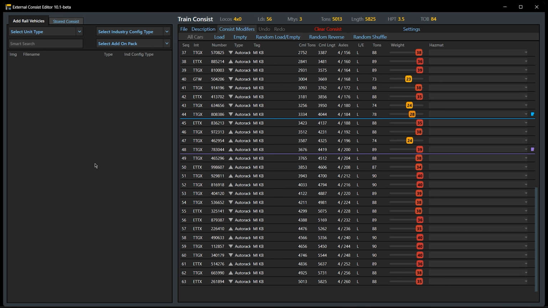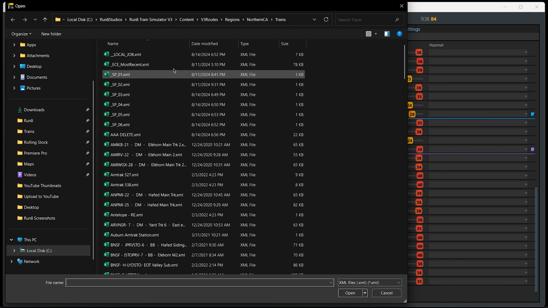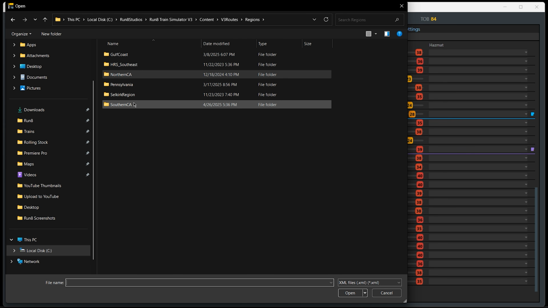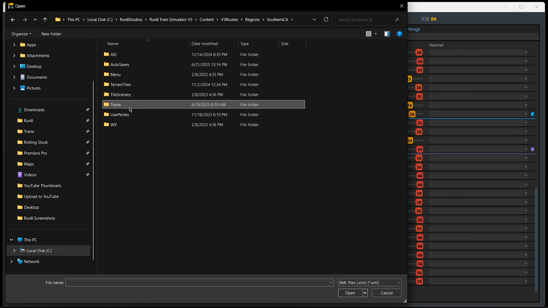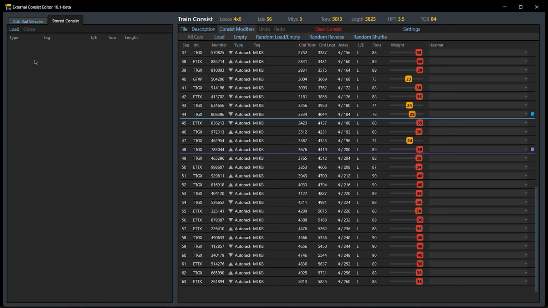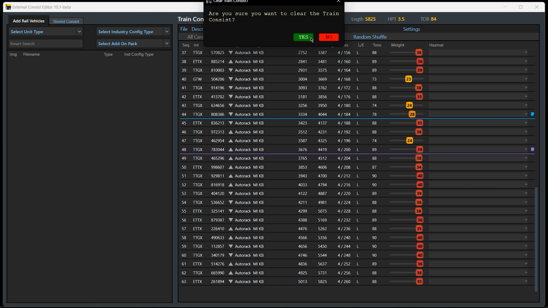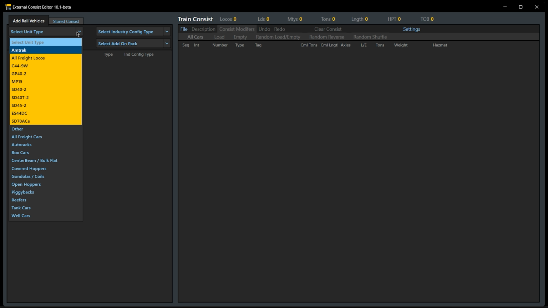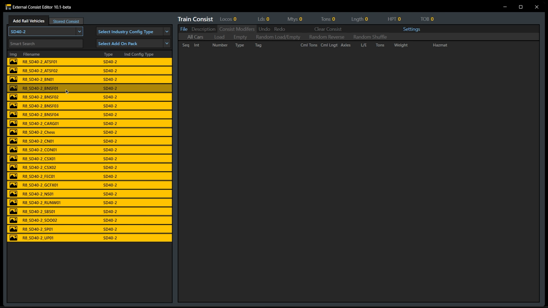So let's just snoop around a little bit and see what else I can find. So we looked at the stored consist. I really like that, where you can just load in a train. So now we're back in north. I think you probably have to just manually switch. But I like how you can go back in here and just grab a train, grab cars, and it doesn't mess up the train file. So let's clear this out